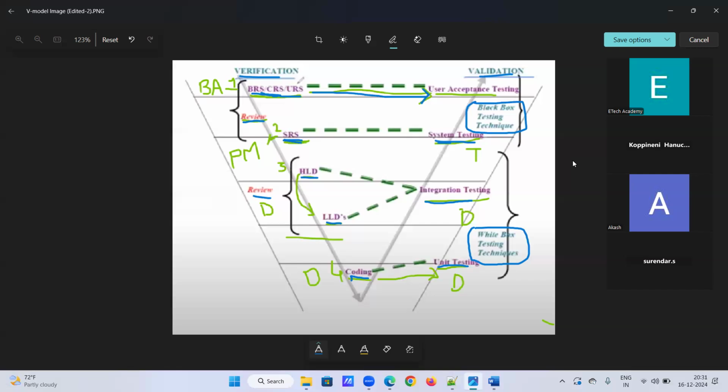Is it clear? Hanuchan, Akash, Surender. Surender joined in the middle of the session. Hanuchand also. Actually, I'm in the Scrum call. That's why I joined late. Yeah, it's okay. Just refer to the live session video, guys.